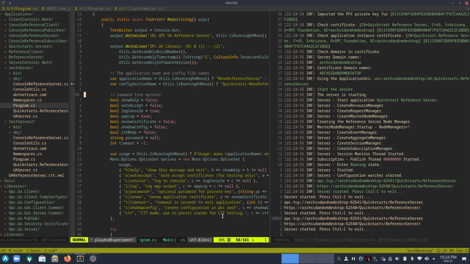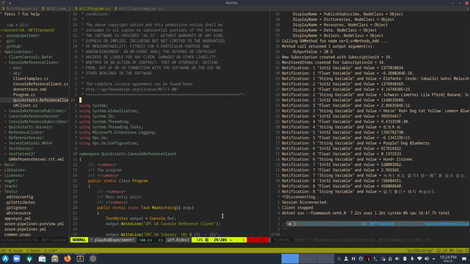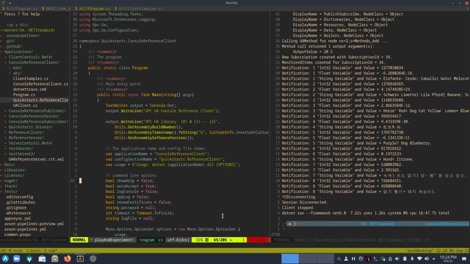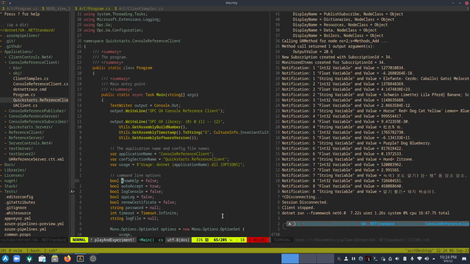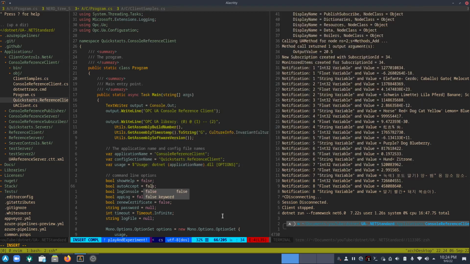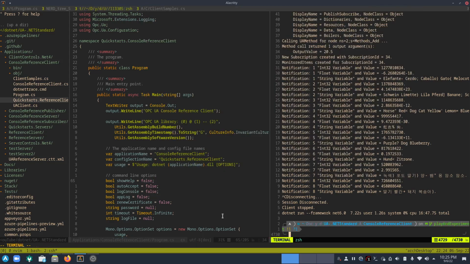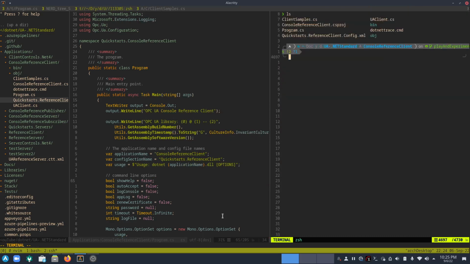Okay, so what I'm going to do is start running my client, and what I changed just now was this thing called autoaccept, from false to true. But why am I changing false to true? You will see very shortly. Okay, I will do .NET watch run